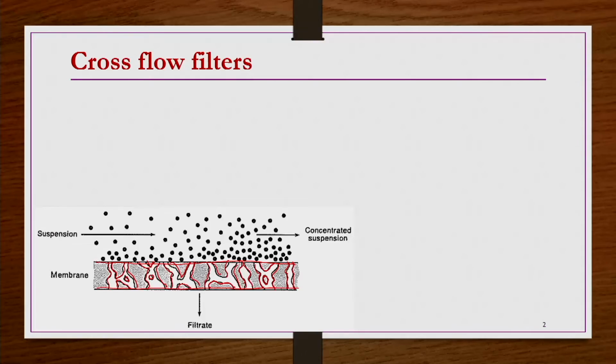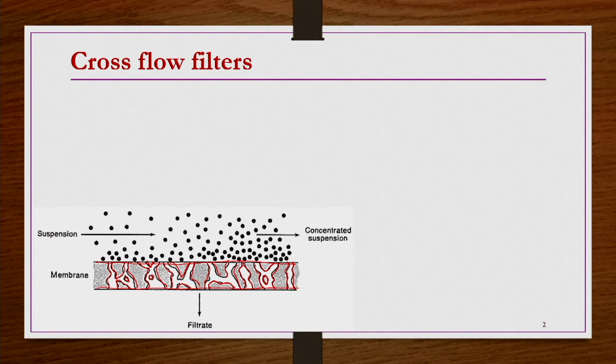Because of such problems in using cake filtration for solutions where fine particles are present in small amounts, in order to avoid them we use the cross flow filtration process, for solutions where the amount of particles is small and their size is very fine, like a few microns. And these processes will not separate the slurry into two independent pure phases, like a pure filtrate or permeate and almost pure solids like cake, as we have seen in cake filtration. Such a separation is not possible here in cross flow filtration.